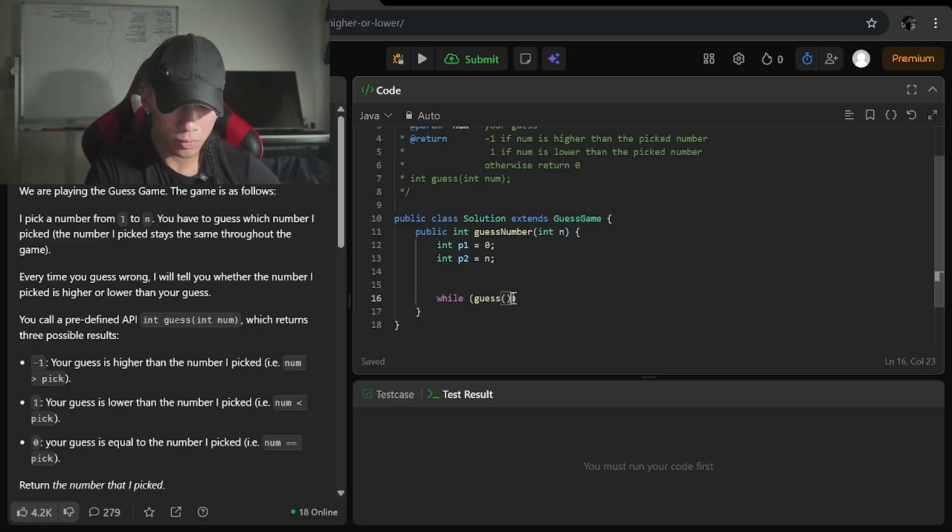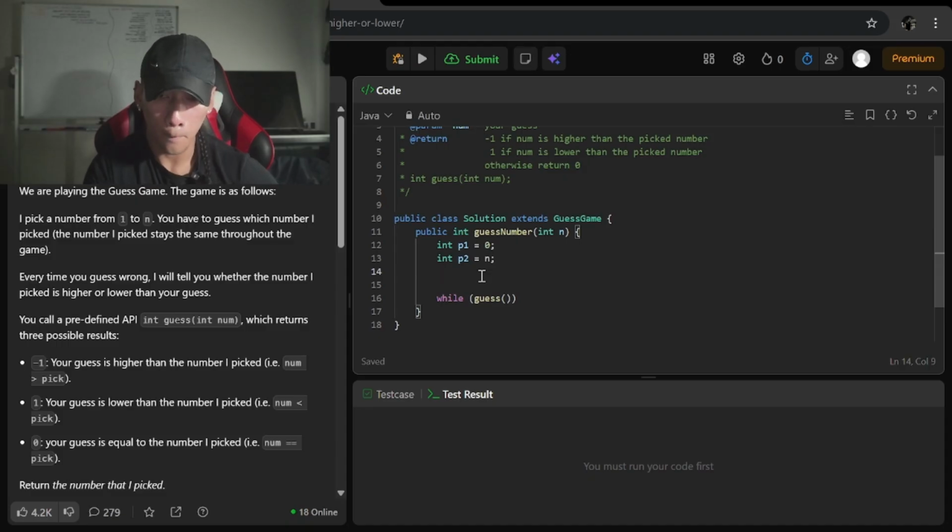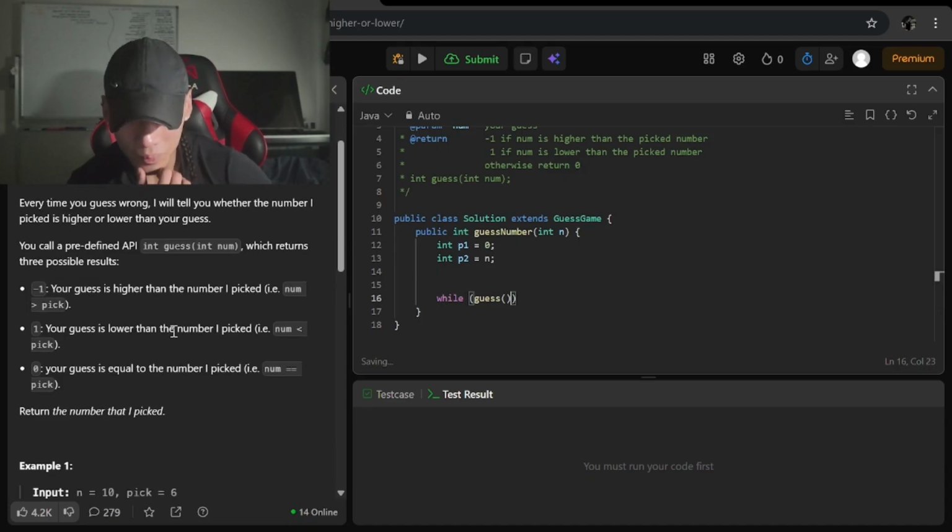So we need to somehow simulate this. We're basically guessing the number they picked using binary search in log n. So how do we want to simulate it?